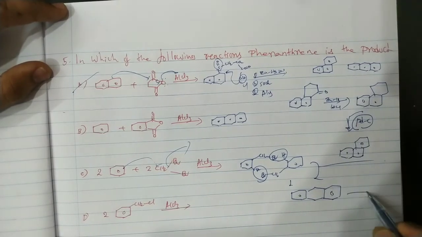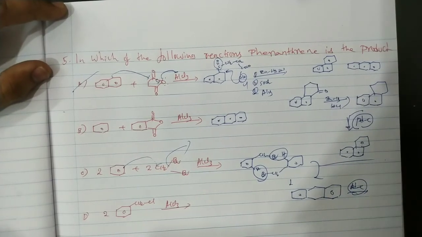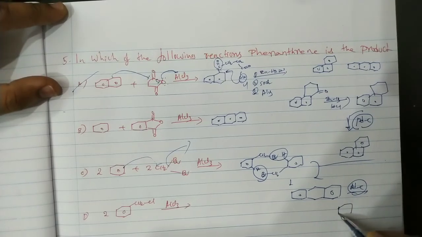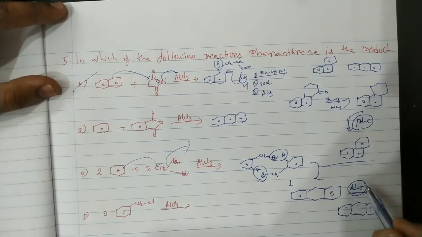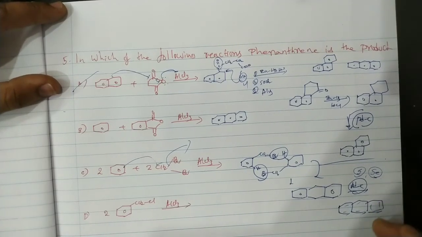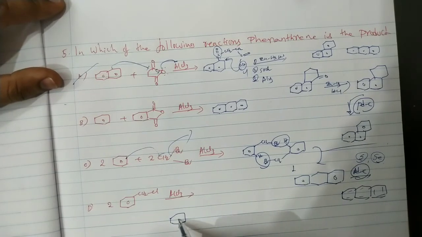Now this one on reaction with palladium carbon, totally it is dehydrogenated, so it is oxidized to the anthracene. This pi bond, here pi bond, pi bond. This is the dehydrogenation, nothing but aromatization. Aromatization is mostly done by heating with palladium carbon, or heating with sulfur, or heating with selenium also. Remember this one. Next here in this case also same, here this benzyl chloride, two molecules of the benzyl